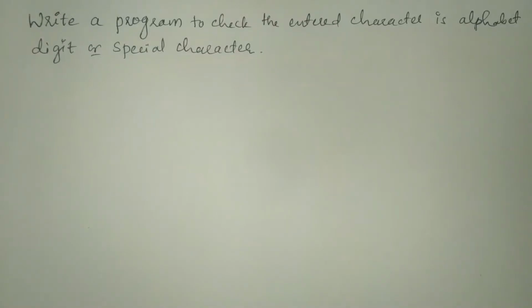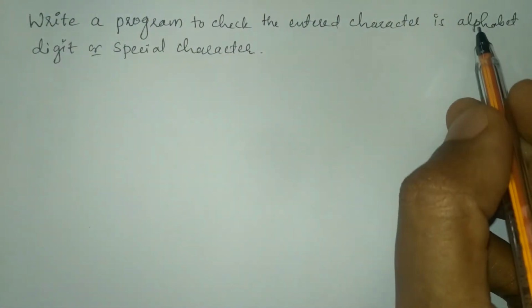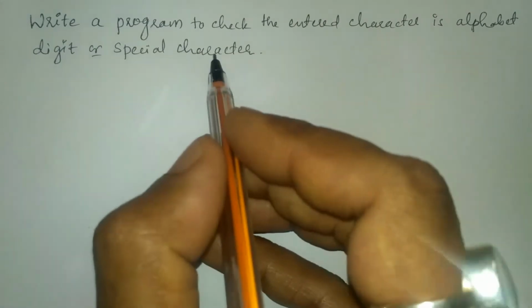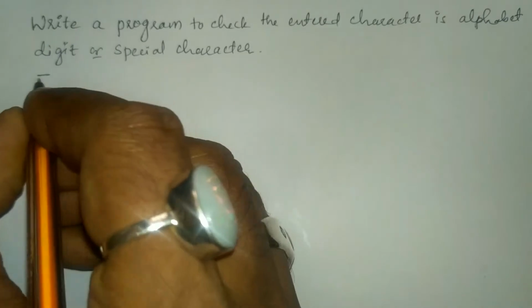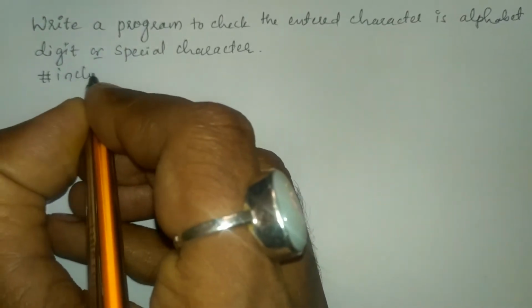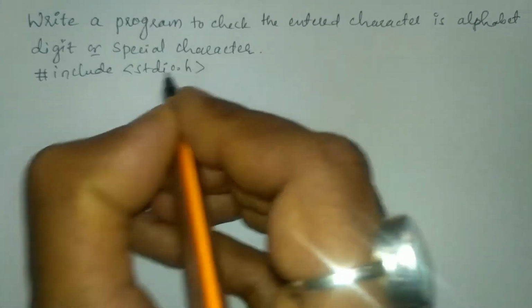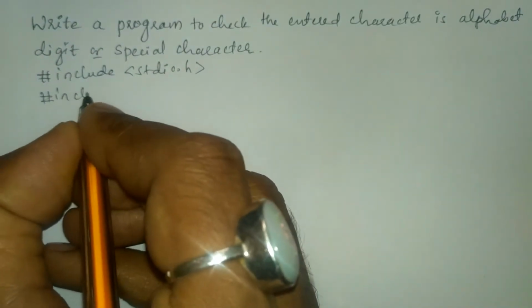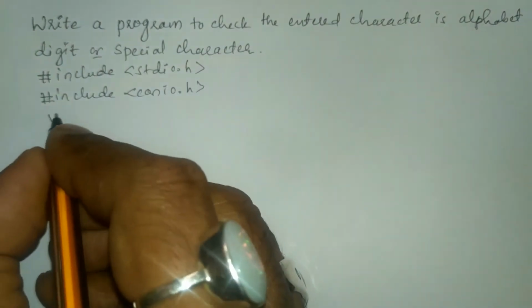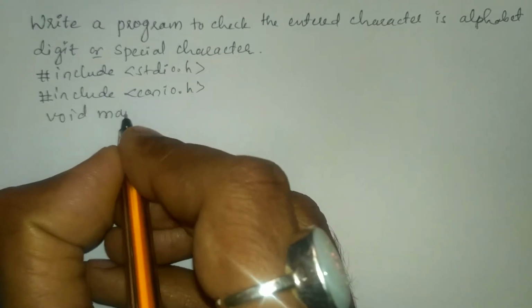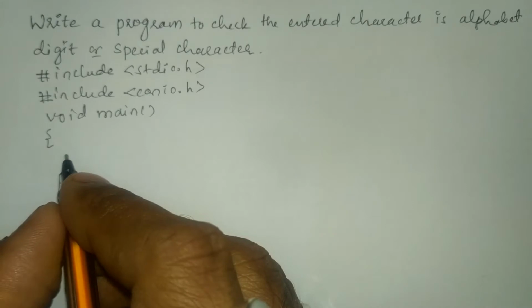My name is Hanmant Ladwa and in this video we are going to write a program to check whether the entered character is an alphabet, digit or special character. So let us write the preprocessor directives: #include <stdio.h>, #include <conio.h>, void main function, curly open brace, and here I'm going to declare one variable